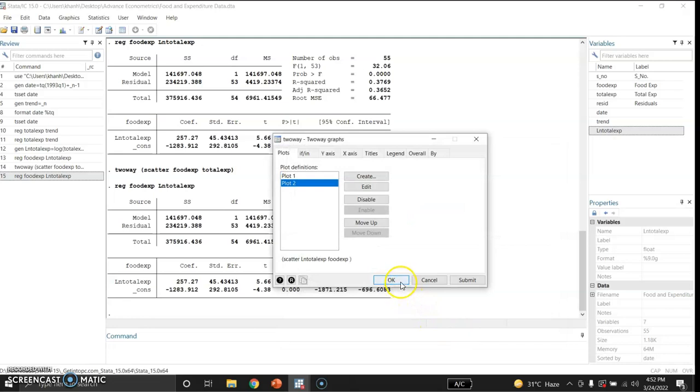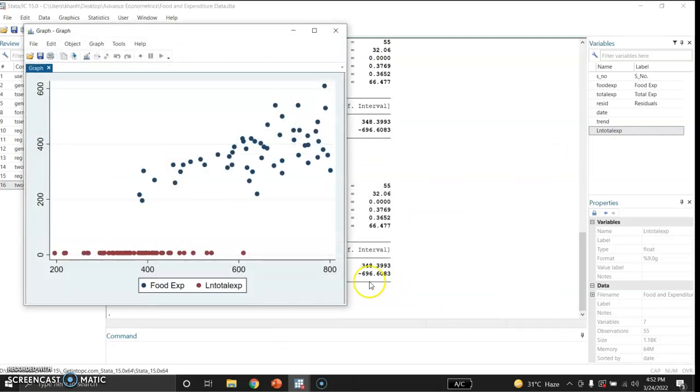So the plot shows that food expenditure increases with total expenditure or with total income, but at a decreasing rate. So this kind of model can be estimated with the help of the Lin-Log model. So that is why the Engel curve can be estimated with the help of the Lin-Log model. So ladies and gentlemen,